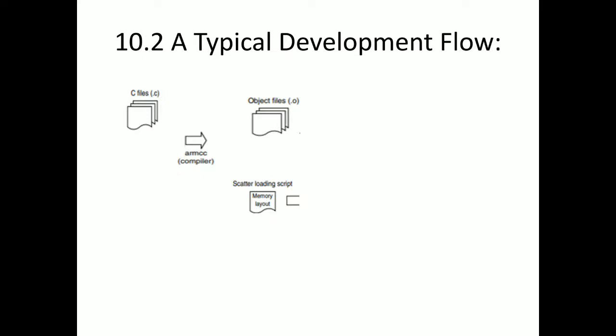Since we have a memory map in the Cortex M3, we will be using a separate vector table program, which will map our program into the respective memory map. So we'll be using a scatter loading script. Along with the object file, we will be using a scatter loading file to map to the memory, and that will be sent to the linker. The linker we are using is the ARM linker.